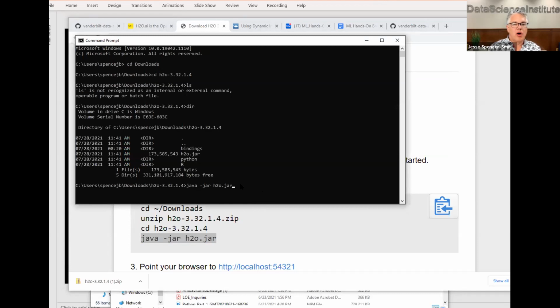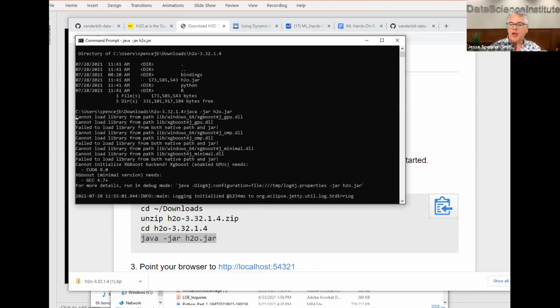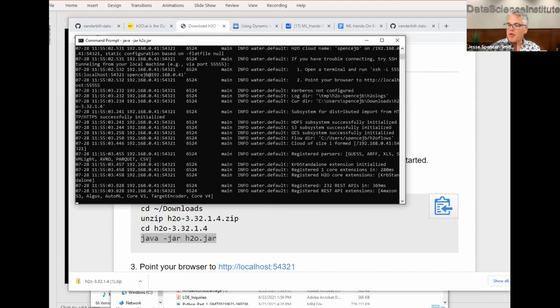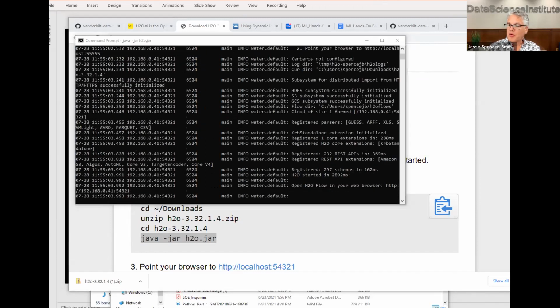If you have Java installed, it'll take it a moment, but then it'll start spinning up all those different things. So if you would, go ahead and give me a green check if it started to spin up all of these things. Give me a red X if it said, hey, wrong version of Java, or Java not installed, something along those lines. Okay. Very mixed. I'm not surprised at all.